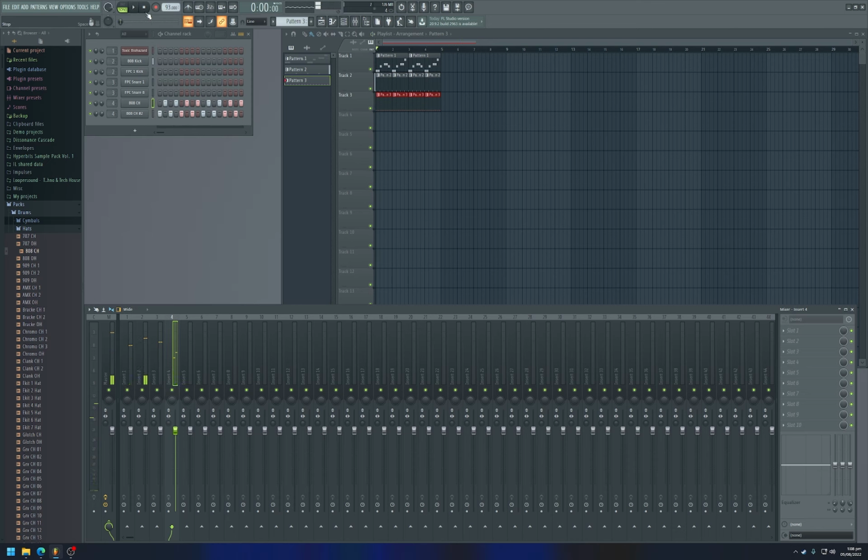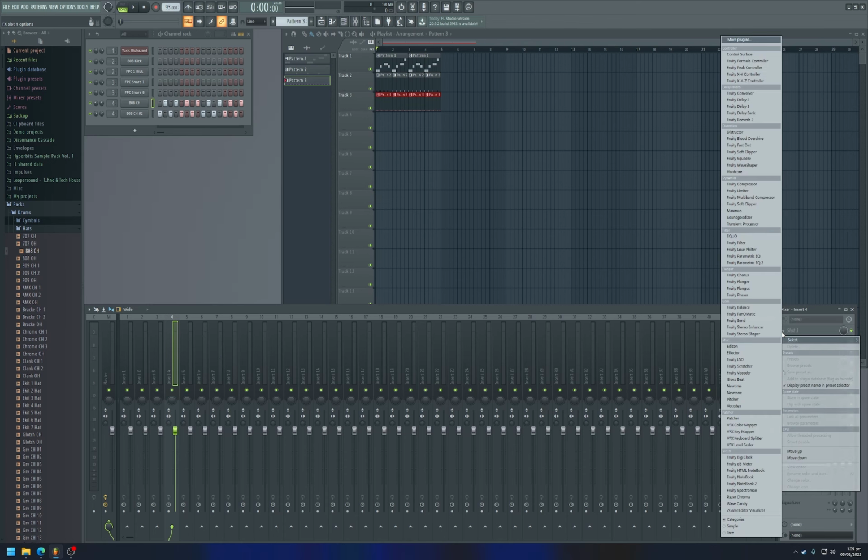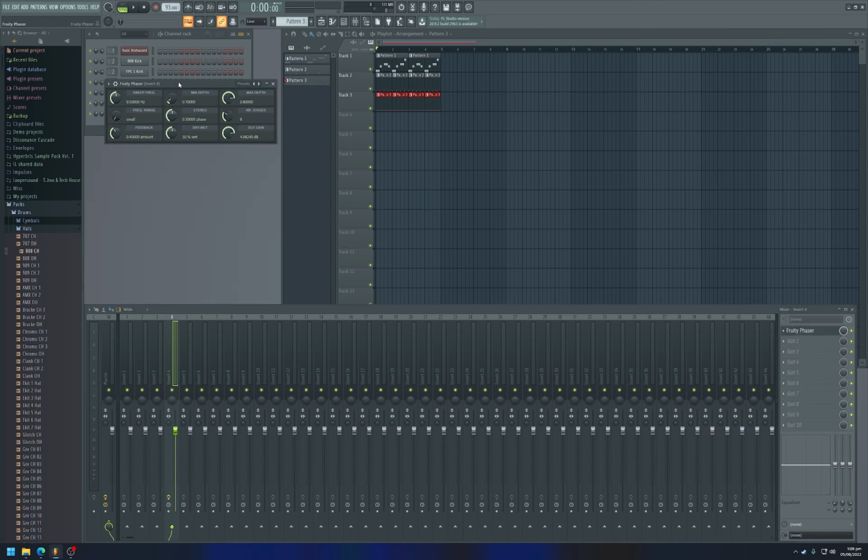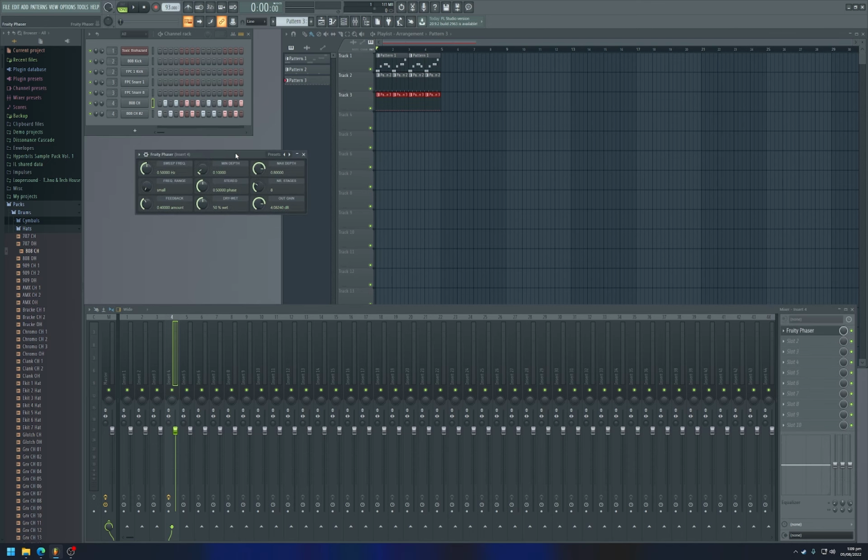Okay, what I gotta do now is spice up the hi-hats. How I do that is I click on the insert that has the hi-hats mapped to them. Again, that's 4 in our example. I'm gonna go to slot 1 and add in a phaser. Alright, we got a phaser in. I don't mess around with the settings a lot. 50% of the time I just use presets. I go to presets and I use stereo enhance 1. Now if I hit play,